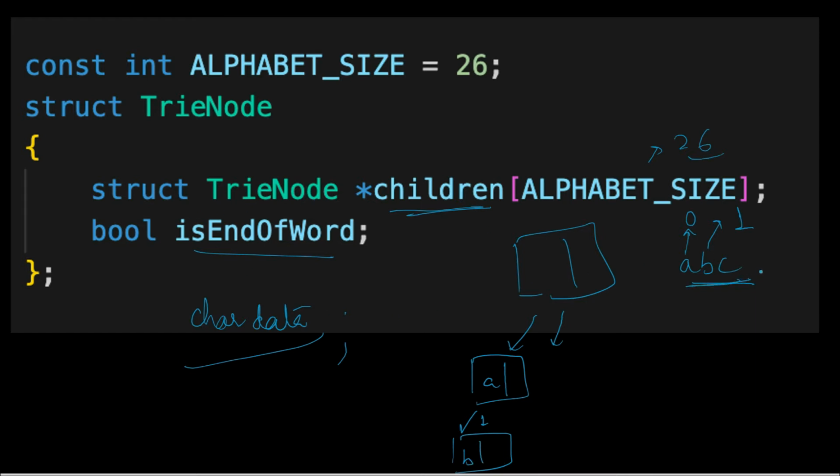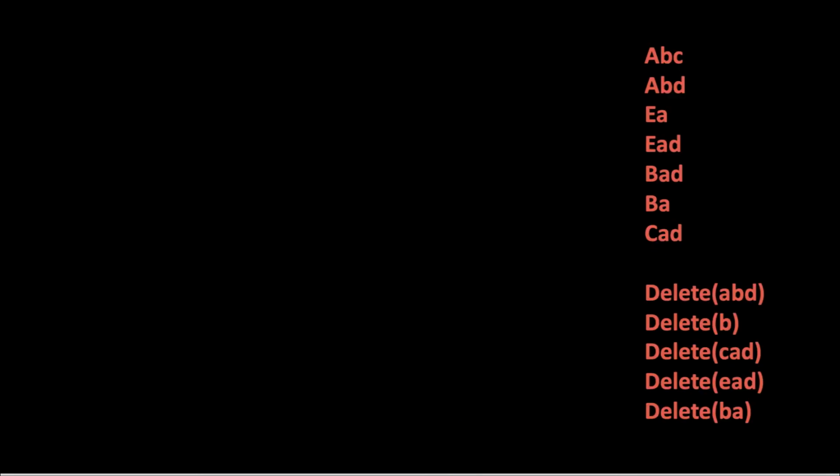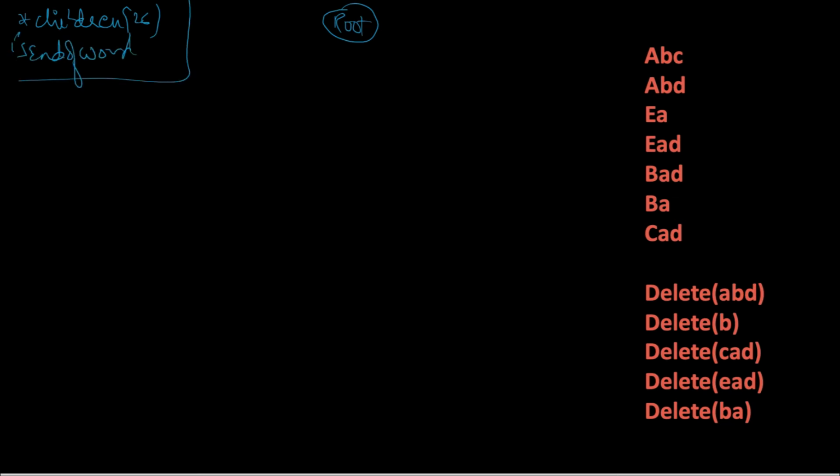So this is how we are doing the index mapping, and there are different ways of getting rid of this. I have also talked about this in my first video: if we do not want to keep this children pointer array, we can also keep a map. For that I can make a separate video, but let's keep it simple, and I'm taking this simple structure here. So let's see how we insert these strings in the trie and how we further delete them. We have a root node, and initially all of its 26 children are null, plus the end of the word is marked as 0. This is how the structure looks.